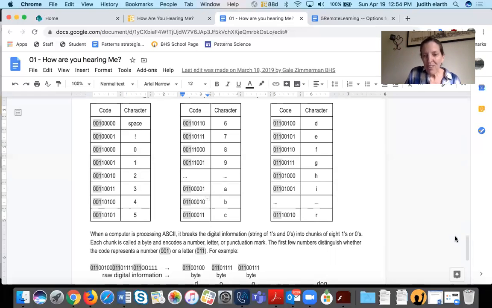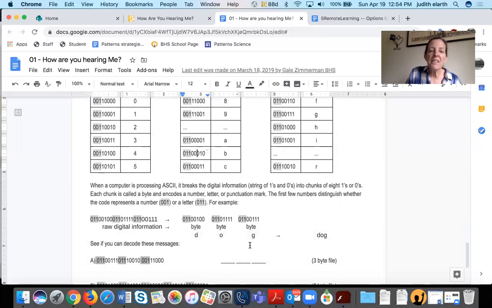Okay, this gets a little easier, but I didn't give you any that are too hard to find. So I went through and I said, okay, this part, the first byte is a D. Second byte, O. Third byte, G. There's one slight problem with that. This one isn't actually on this page anywhere. How are you supposed to know that then?